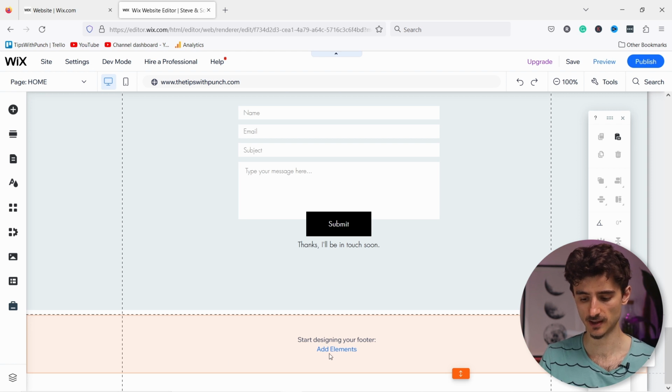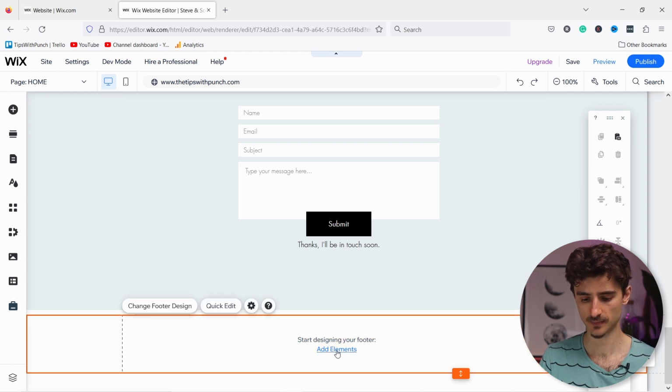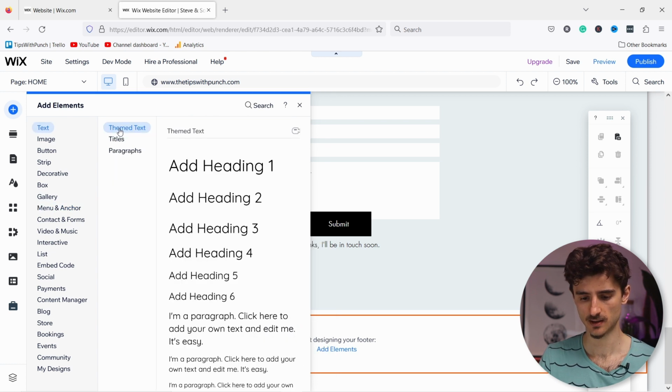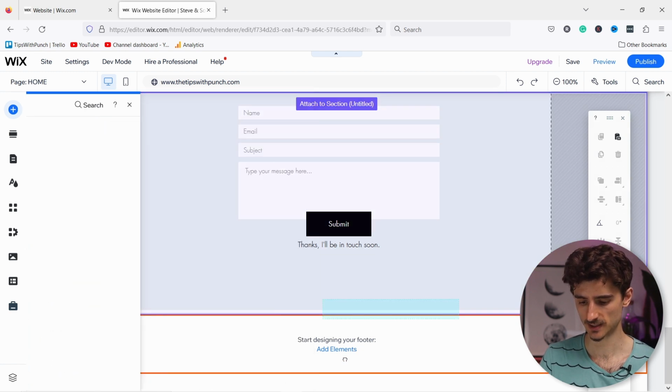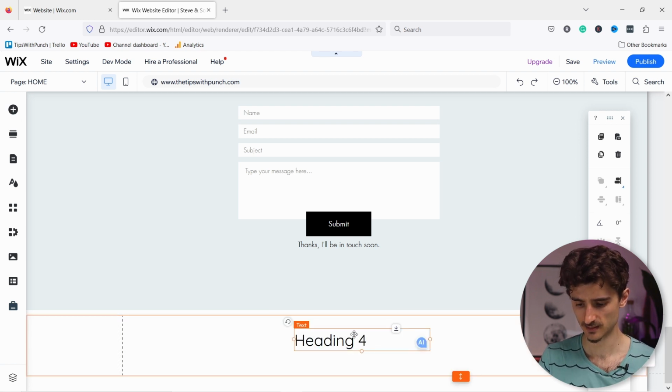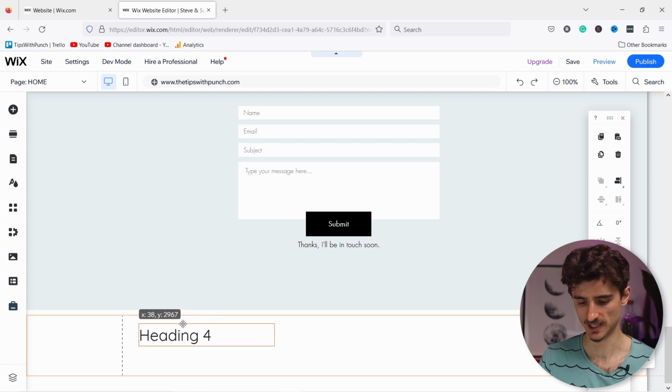So here in the footer, I'm just gonna add an element. And in this case, just a text. I'm just gonna drag it into the footer. So let's say heading 4. And I'm going to drag it here in the footer the same way we do with header. Place it in here. Now you have a heading here, and you could say something simple as